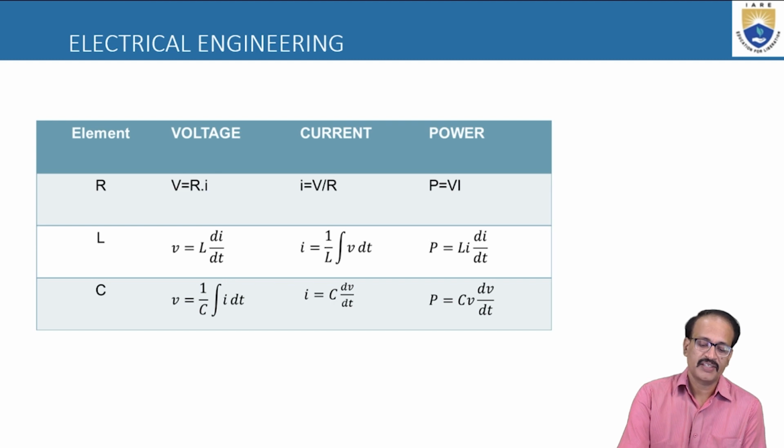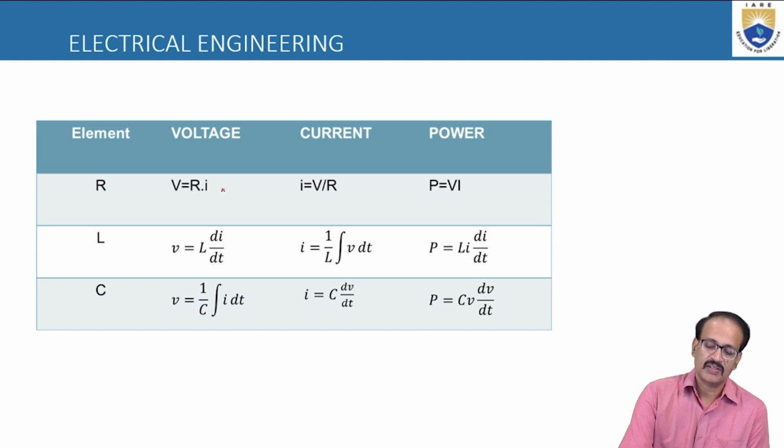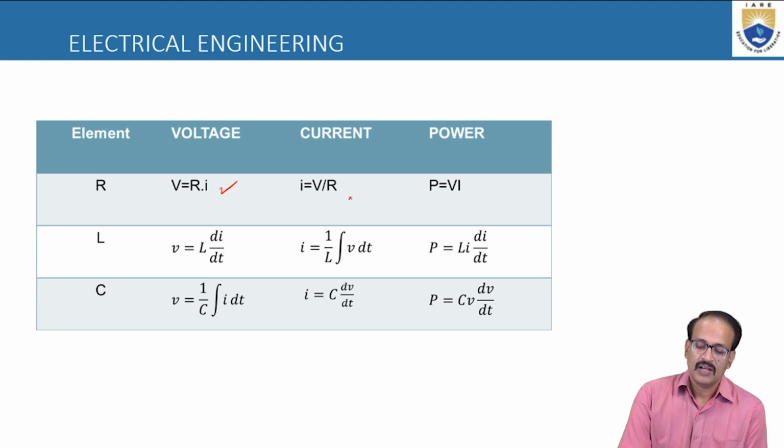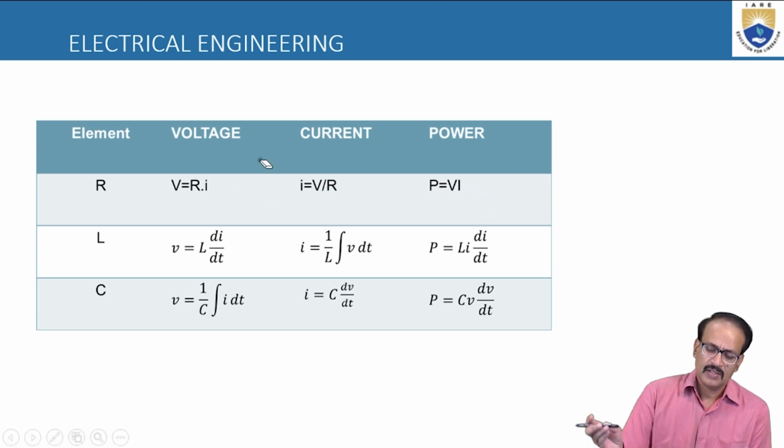So if I want to write the resistance, voltage is equal to IR according to Ohm's law, and the same resistance and current relationship is I is equal to V by R. That is also by Ohm's law. And power P is equal to V into I. And if you come to the